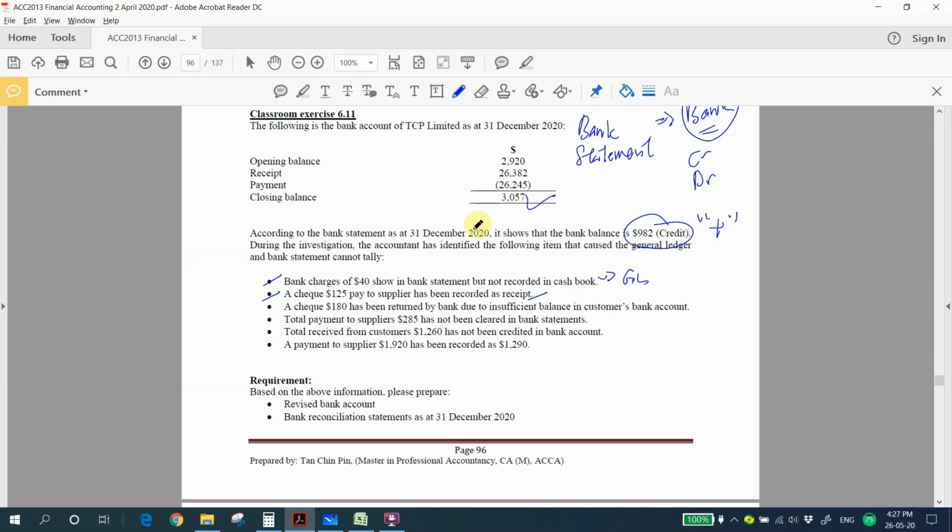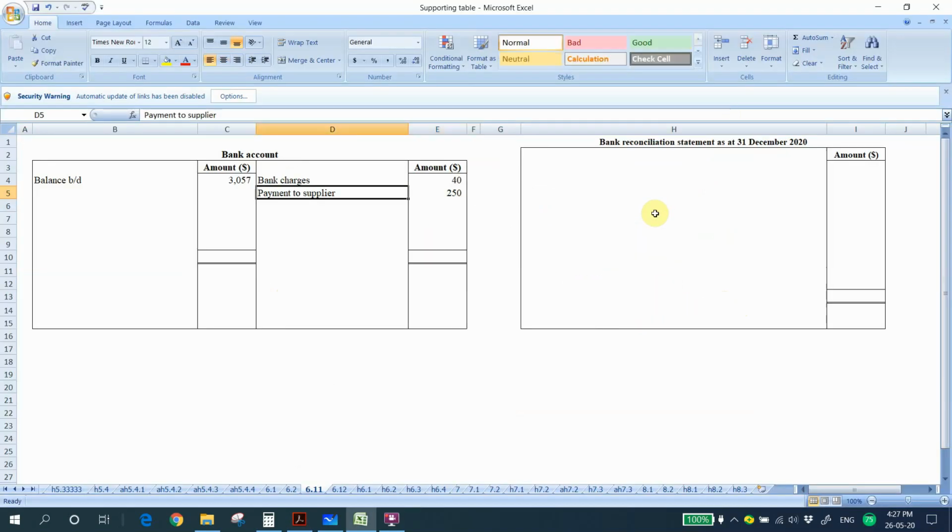Next, a check 180 has been returned by bank due to insufficient bank balances in your customer bank account. It means that this also needs to be adjusted in your GL, right? The second one also adjusts in the GL. It means that we have recorded